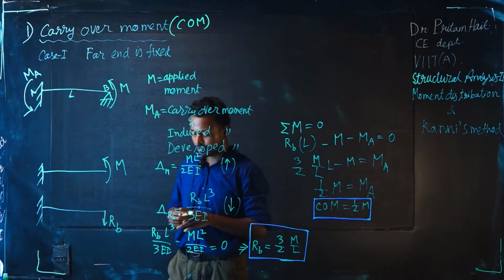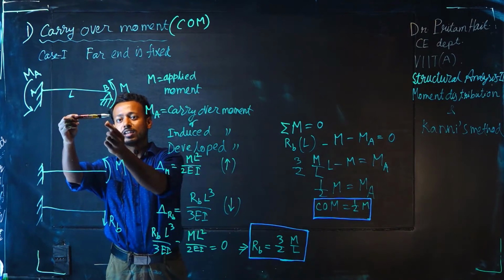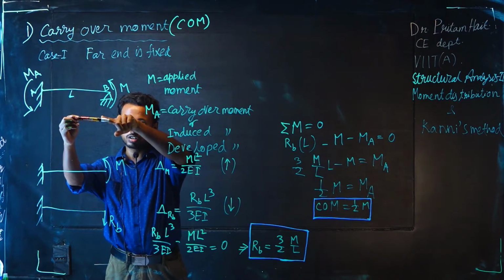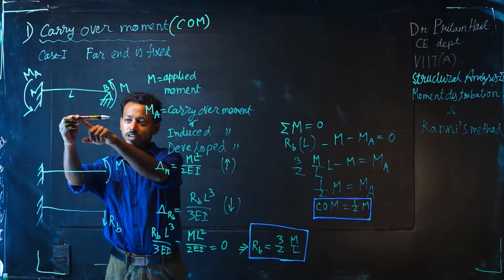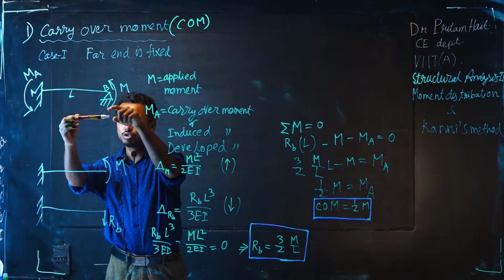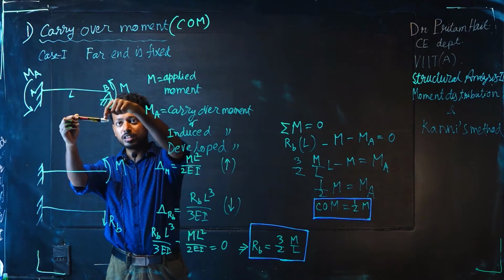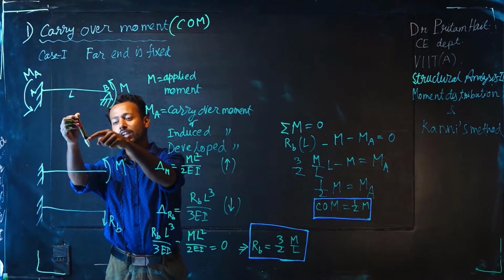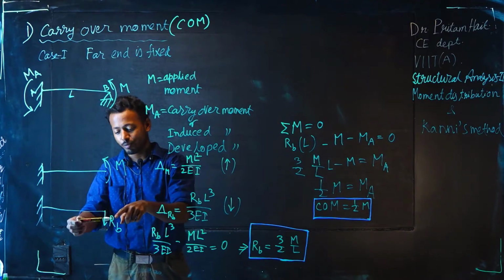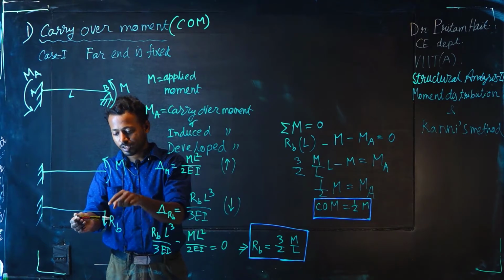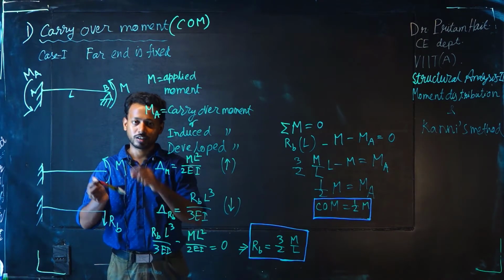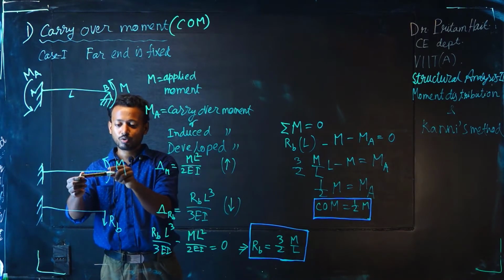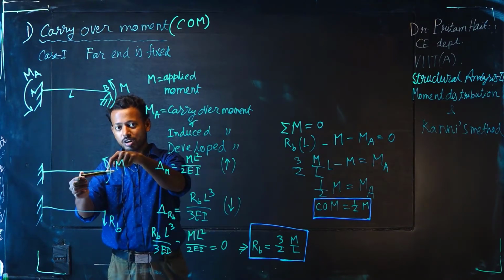Because just think, here I am applying a moment at B point which is in anti-clockwise direction. To be in equilibrium condition, a reaction should be applied in this way so that this anti-clockwise moment will be counteracted, and this reactive moment should be clockwise. Okay. So that this moment can be counteracted. Again I am telling, if I apply a moment M at this point, to counteract this moment, I have to put a downward direction.